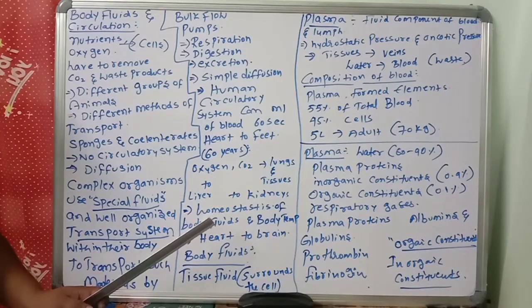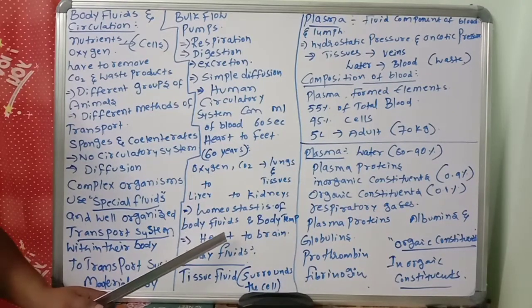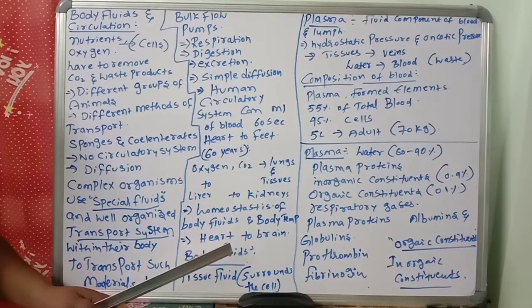So next, the circulatory system supplies blood from the heart to the brain also. Maintain the homeostasis of the body fluids and body temperature. The homeostatic regulation of the cardiovascular system maintains blood flow from the heart to the brain. The cardiovascular system is helpful for the circulation of blood from the heart to the brain. This is a very important point to remember.